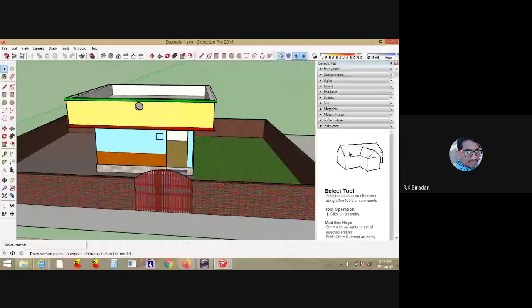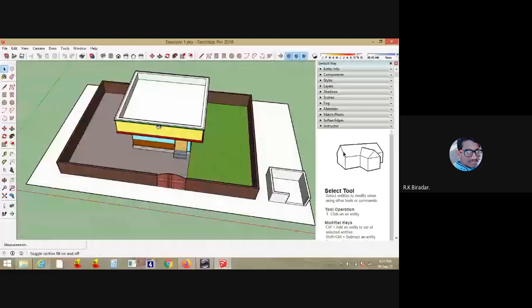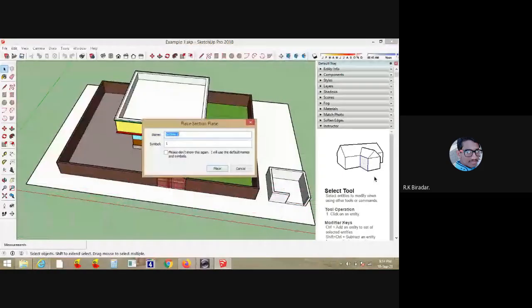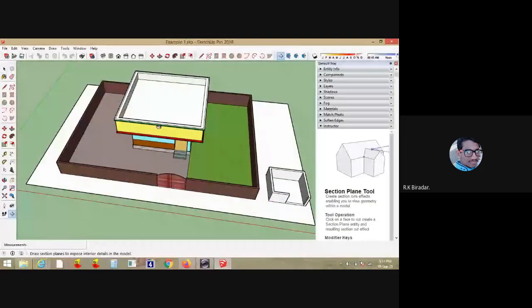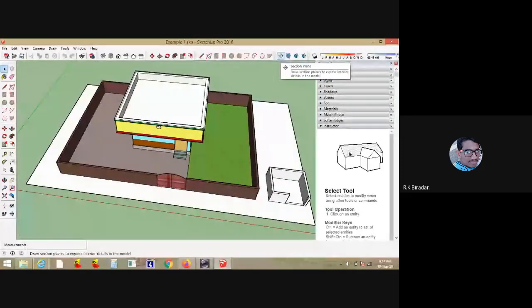So there is a tool called as section plane. If you click the section plane option here, this is one of the tool.